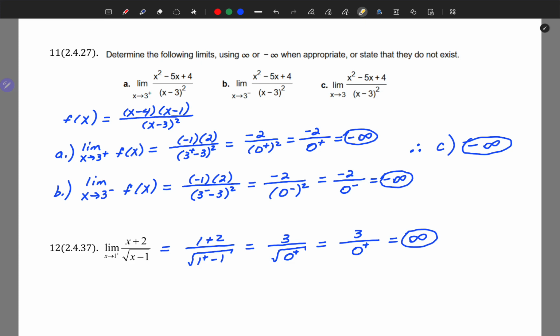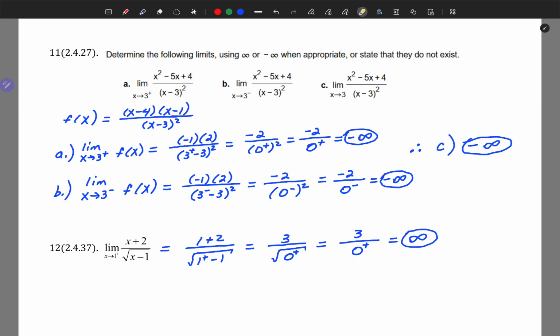I called my function f of x, and I said, well, f of x is equal to factors of positive 4 that sum to negative 5. That's negative 4 and negative 1. My numerator is going to factor to be x minus 4, x minus 1. Most importantly, we need to see that neither of those factors cancel with the x minus 3